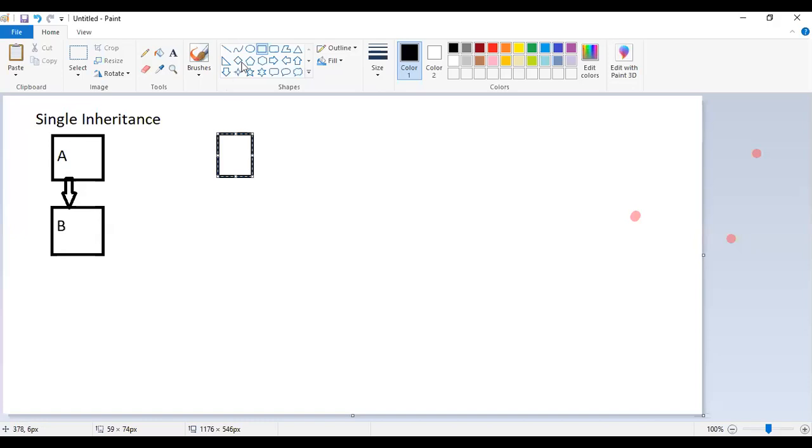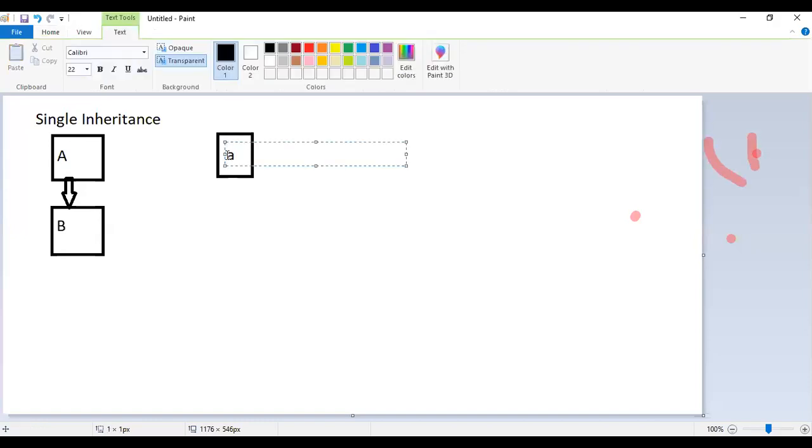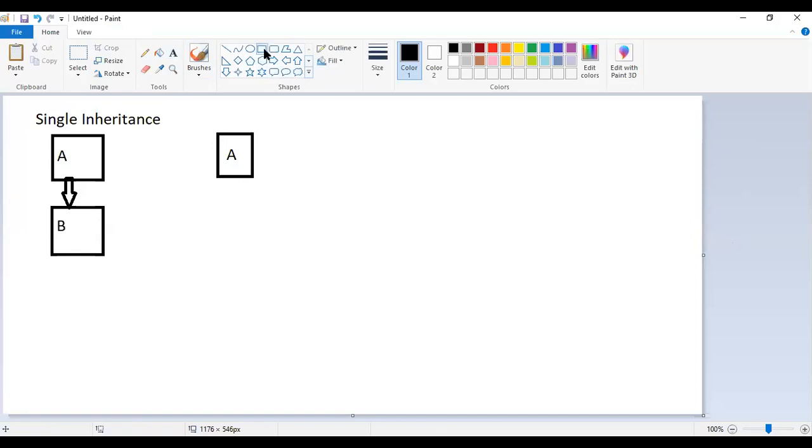So this is our A class, then the second one, this is our B class, and this is our C class.